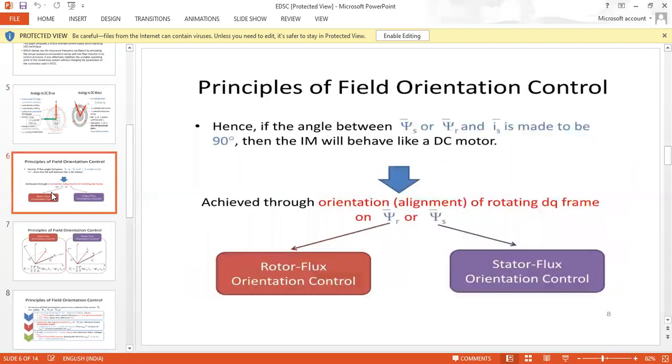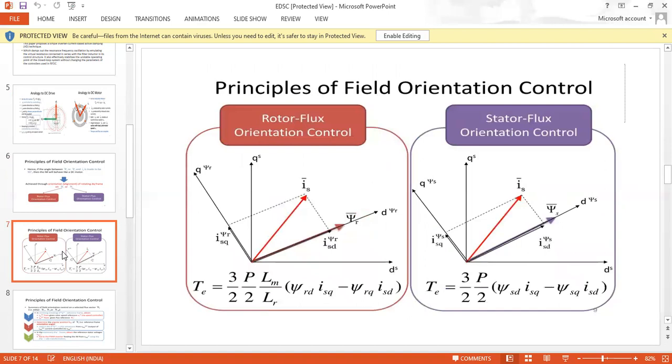Principles of field orientation control. Hence, if the angle between phi s and phi r, and i s, is made to be 90 degrees, then the induction motor will behave like a DC motor, achieved through orientation alignment of the rotating DQ frame on phi r and phi s. Rotor flux orientation control and stator flux orientation control. Here, the rotor flux orientation control and stator flux orientation control are distinguished from a single point of view, that is